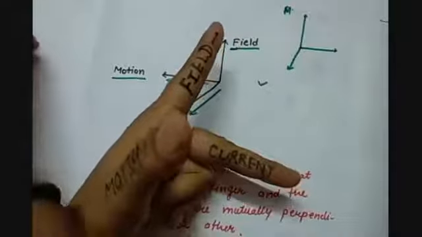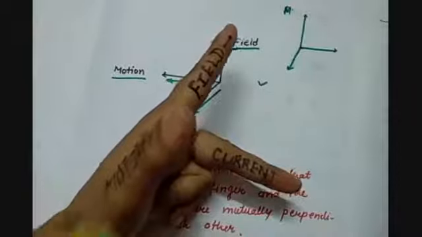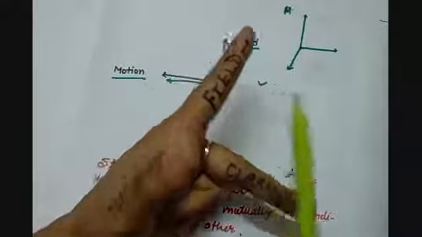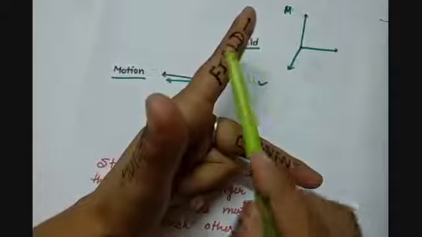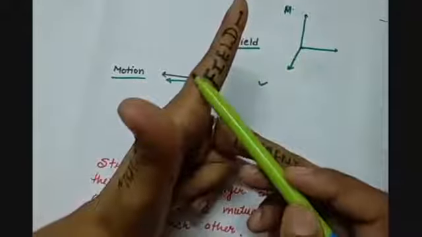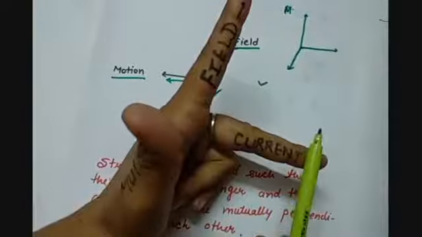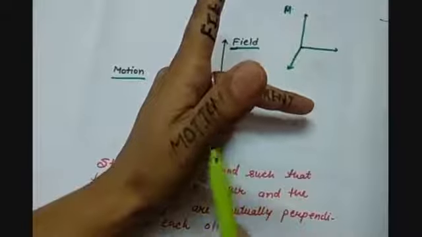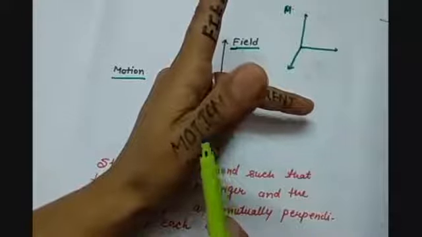So dear students, look at it, I have tried to represent the directions with my left hand only. Here I have stretched my thumb, first finger and central finger in such a way that my first finger represents the direction of the magnetic field, the central finger represents the direction of the current, and my thumb points in the direction of the motion which will be produced when the magnetic field of the conductor and the magnetic material interact.